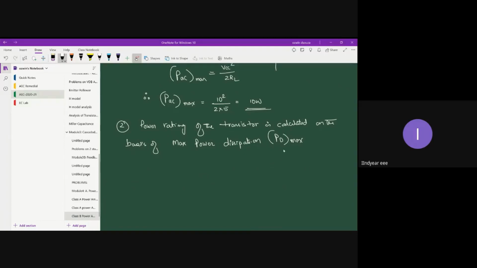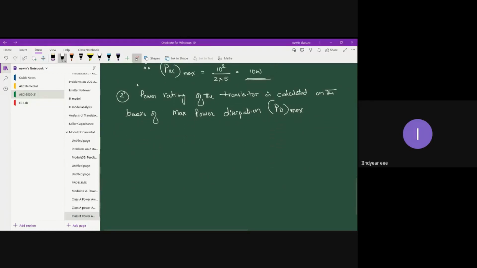I can directly write an expression, but let me derive that particular expression, though I have done it in the previous class. Once again, I'm going to do it. So how do you find PD maximum? First of all, you define PD. PD is nothing but the waste power or power dissipated in the device, which has not taken part in energy conversion. So PD is equal to input minus output. That is the waste power. Input is PDC and output is PAC. So PD basically you will get as